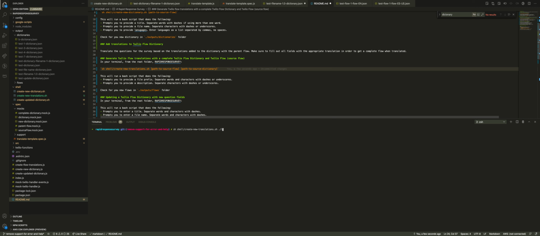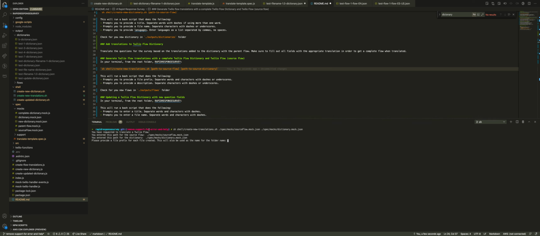So I am going to be using just the mocks that I created, but any path, as long as it's a valid Twilio source flow, will work for this. And then the source dictionary, I also have a dictionary mock that I'm going to use. Okay, you have requested to translate a Twilio flow. Here's the path for the source, here's the path for the dictionary. Provide a file prefix for each file. So let's do test